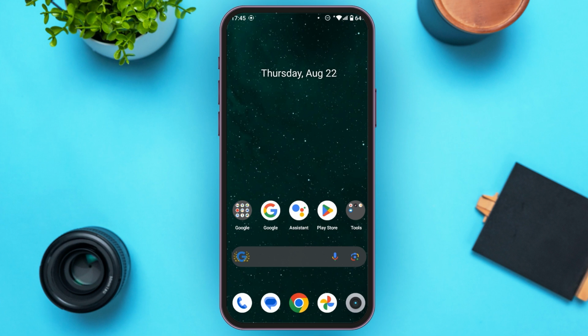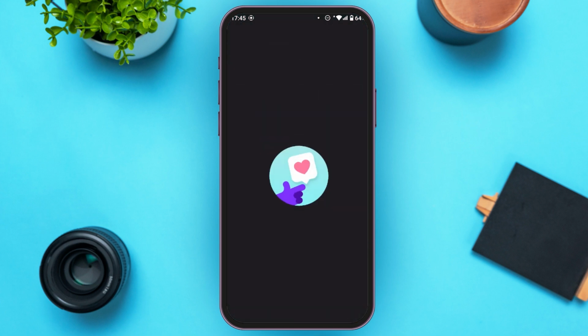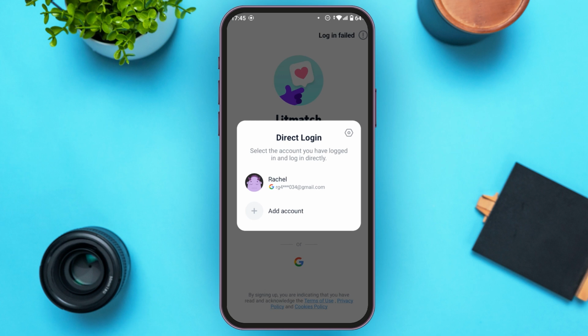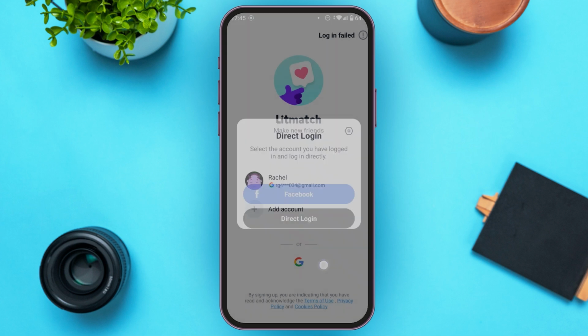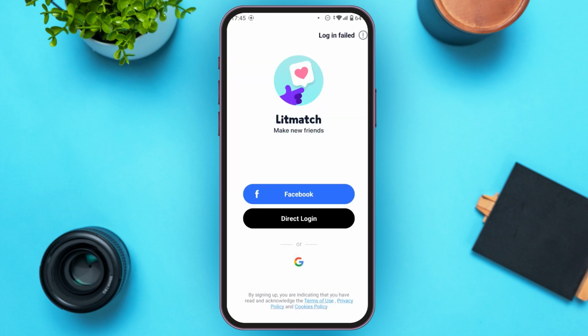So first of all, launch open Litmatch application. You can see over here Litmatch is opened. You can see pop-up over here. This pop-up is for direct login. You can simply tap on your account and log into your account. If you haven't created account, you can simply tap on the options like Facebook or Google and create the account for you. If your login is failed, you can simply tap on the option login failed at the top right